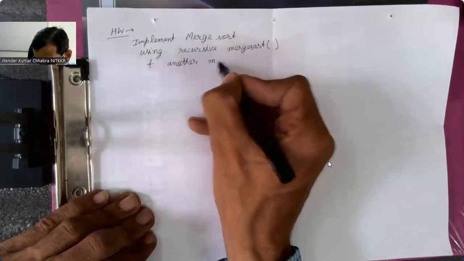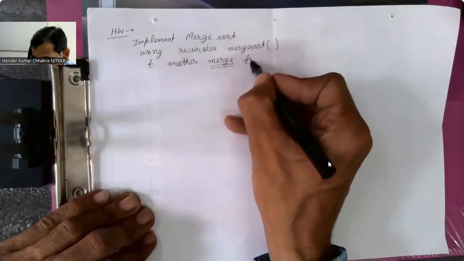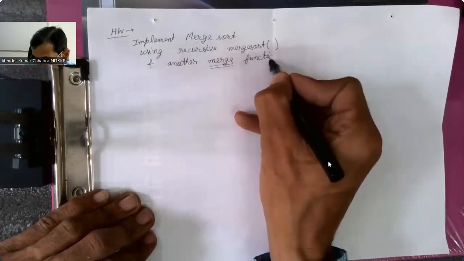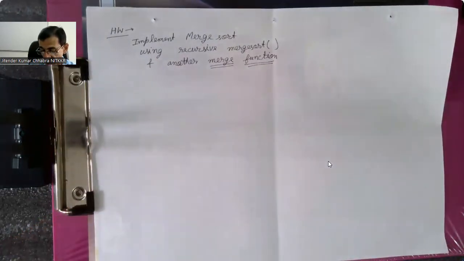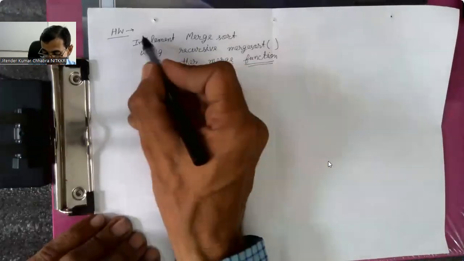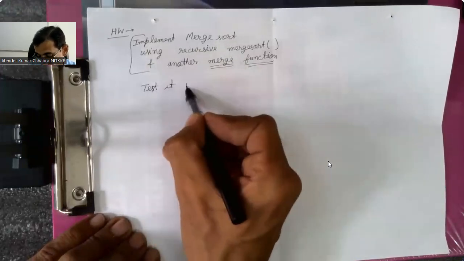Modular programming will suggest that you should use merge as another function, because merge is again a standard functionality which might be needed and reusable in many places. So any two sublists present in an array can be merged via this function. So use these two and test it well